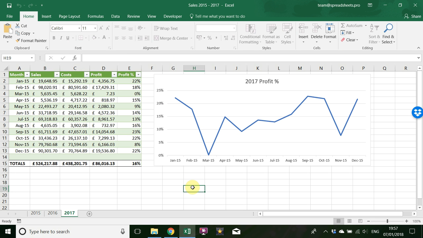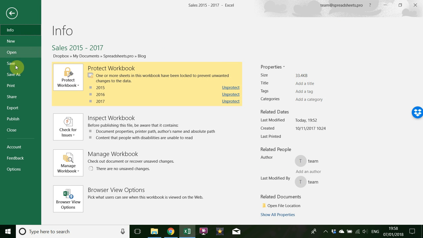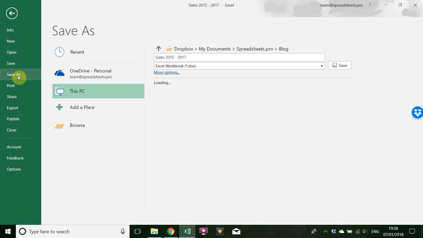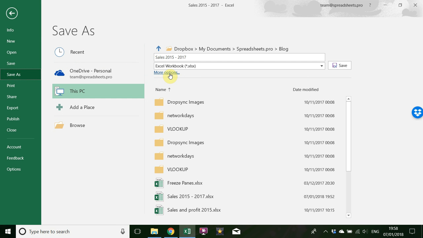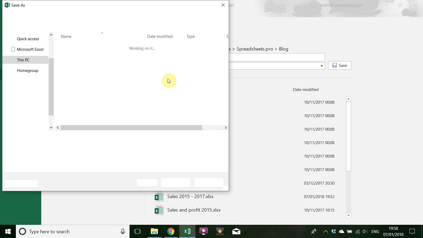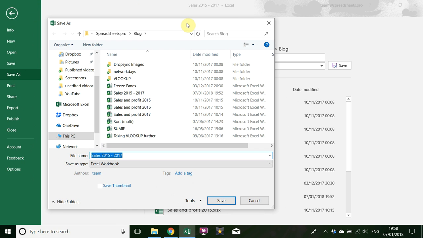Okay, but what if instead you wanted to completely block access to the file, or maybe you just want to make the file read-only? There's a different technique for doing this. So what we need to do is File, Save As, and then click the More Options button here. And then you're given a secret button down here called Tools, and if you click this and press General Options,